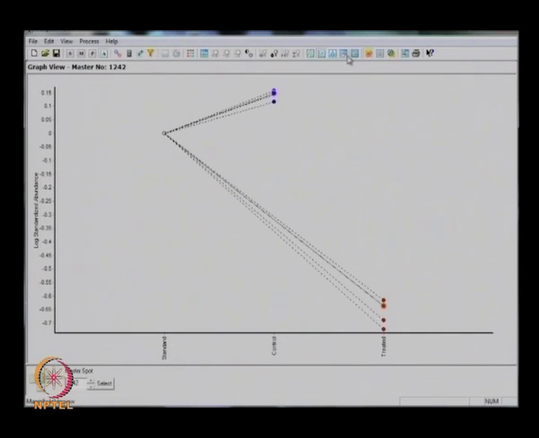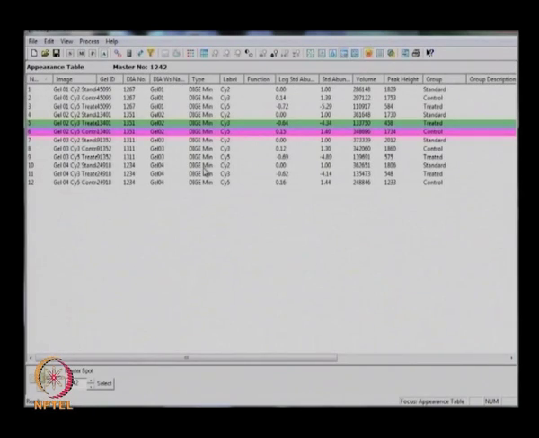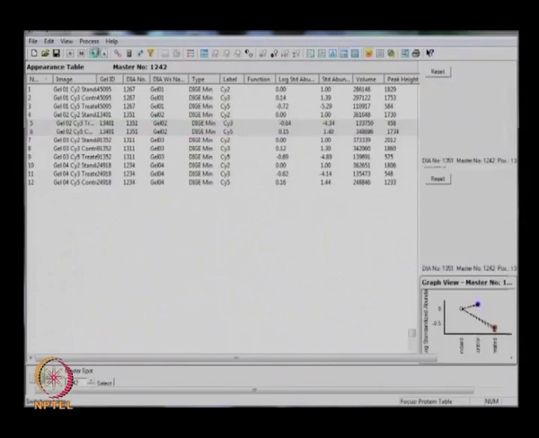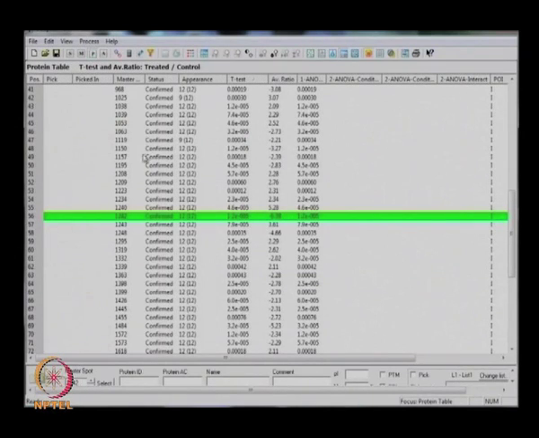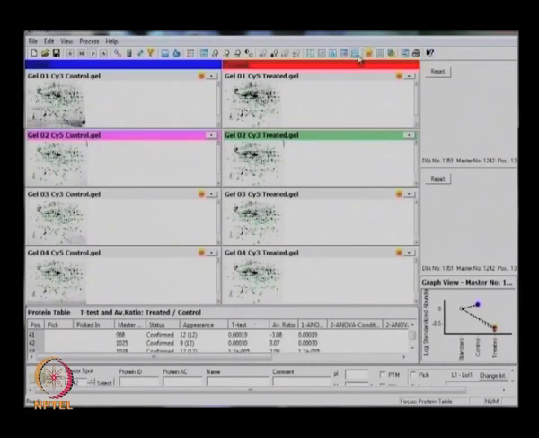Then in the table view, you can see the complete protein data, where the t-test value, average ratio value, one-way ANOVA value, all we can see here in the table view. So, these are the 4 views we can see at a time.